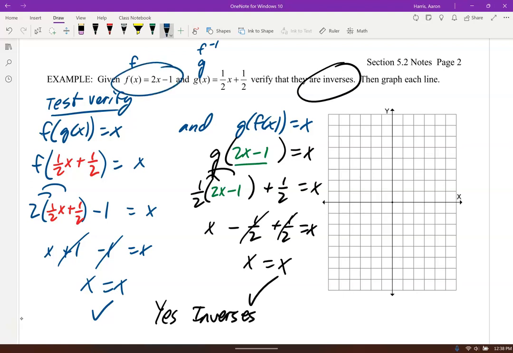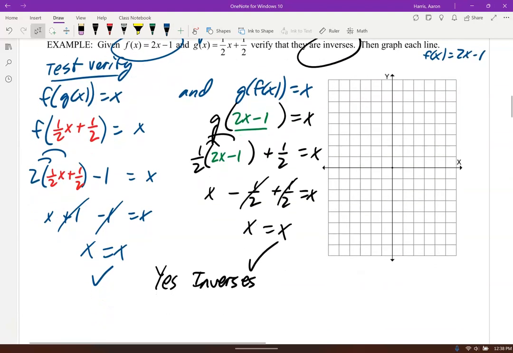f of x is 2x minus 1. So we have mx plus b. Our y-intercept is -1, and our slope is 2. Up 2, right 1. Up 2, right 1. Up 2, right 1, and so on. You could go down 2, left 1 as well. All right, but okay, here's our f